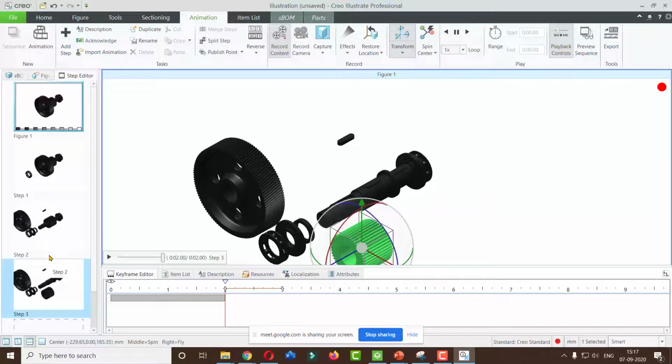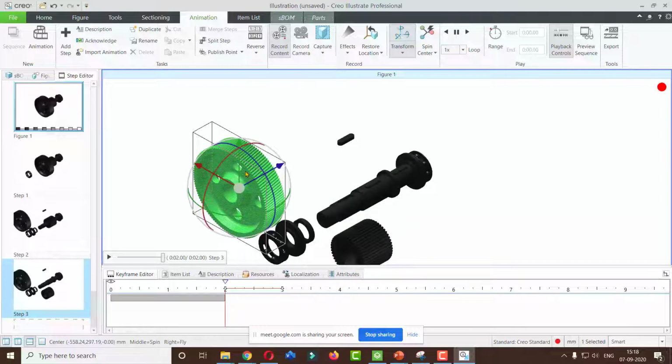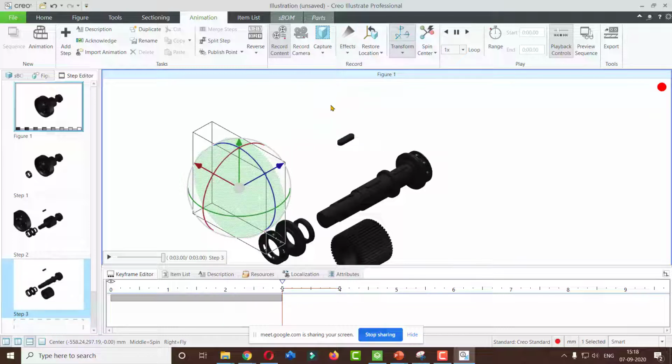Whenever you create your project or any particular model, you can show how it is going to rotate. So that you have done. Now after replacing it, there are n number of options. Suppose you want to highlight any particular component, you can create that with an effect. So in effect I can fly it out, meaning it will become visible or invisible. So I can select fade out, or I can select fade in.